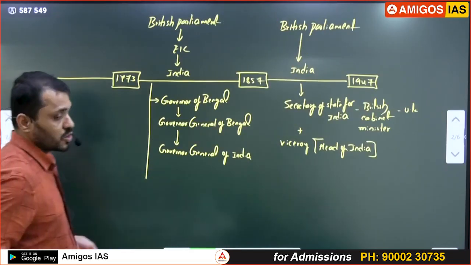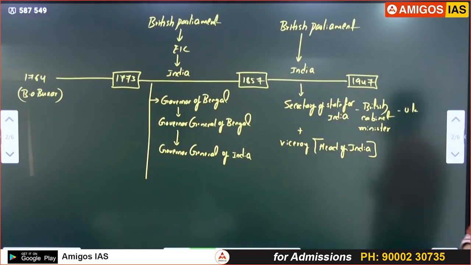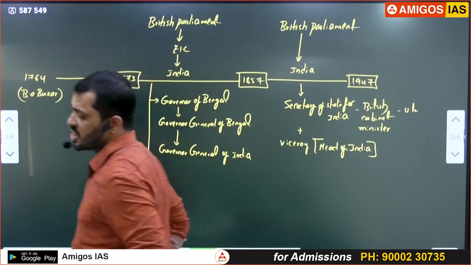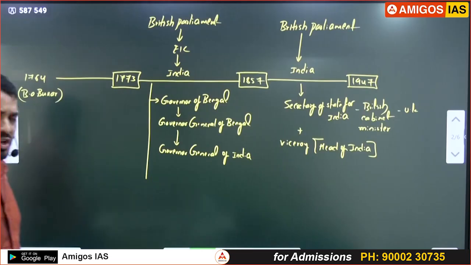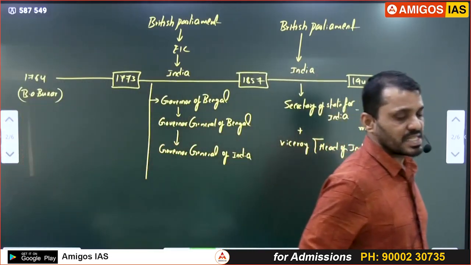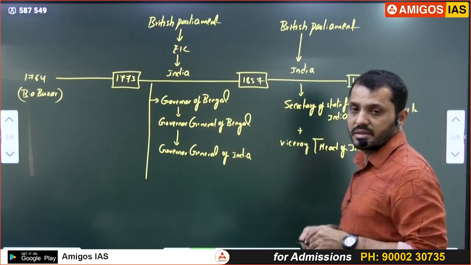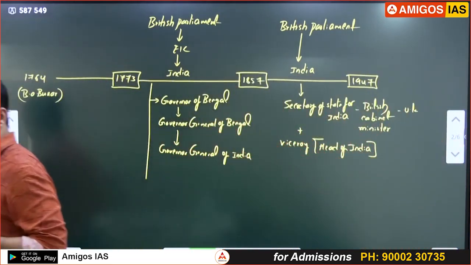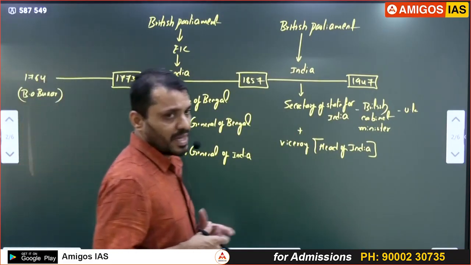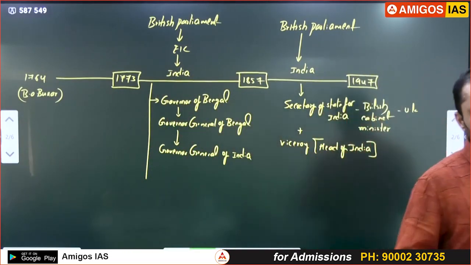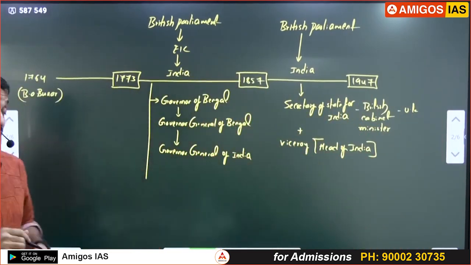They consolidated their rule through the Battle of Buxar in 1764. After that, they got the right to collect taxes, and to control the East India Company, the British government started making laws. Initially, between 1773 and 1857, the British Parliament enacted laws to control the East India Company, which further regulated their affairs in India. After 1857, the British started directly administrating India. During that time, we had two positions: the Secretary of State for India, who was a British cabinet minister and who sat in the UK, whereas the Indian administration was done by the Viceroy. The Viceroy was helped by the Viceroy's Executive Council. Now tell me, guys, is the Viceroy's Executive Council a lawmaking body or a law implementing body? Law implementing body. That clarity you must have.